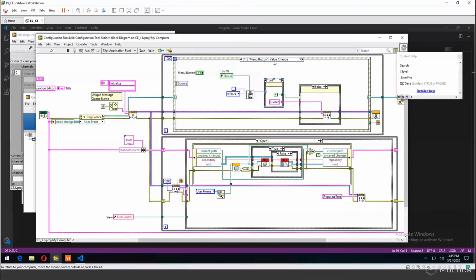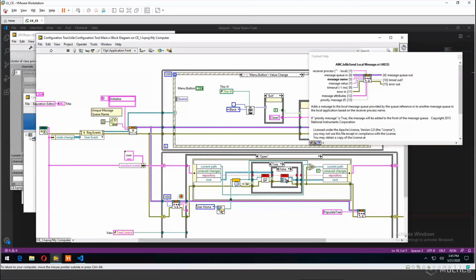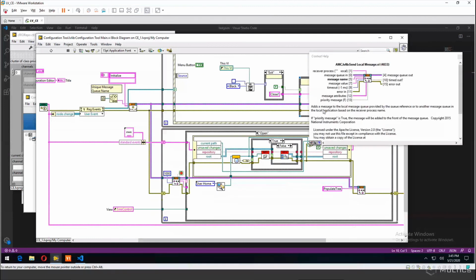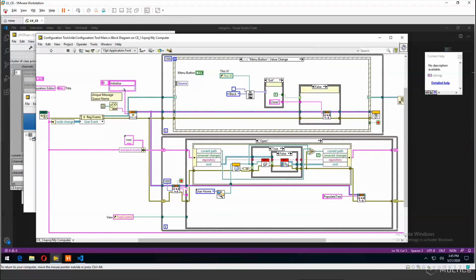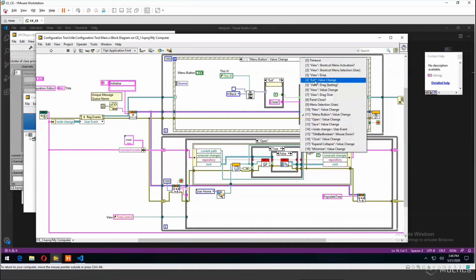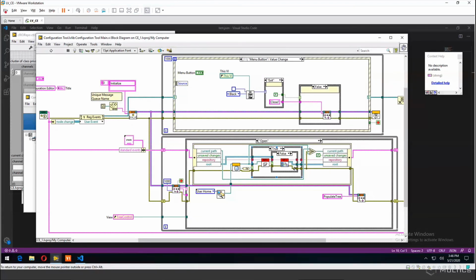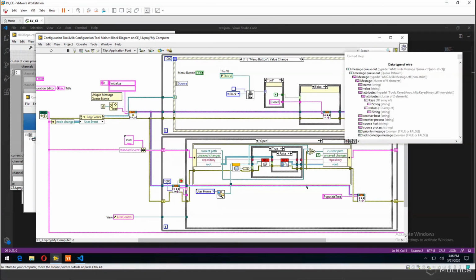Just normal icons with transparent PNG backgrounds. And the AMC library is just like a producer-consumer thing. It allows you to queue up messages locally or to a different target. It also allows you to enqueue multiple items, as you can see. So yeah, this handles all the drag and drop, everything for you already, and uses DVRs internally to read and write